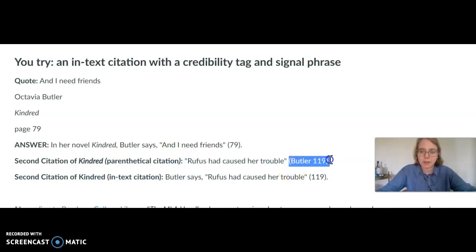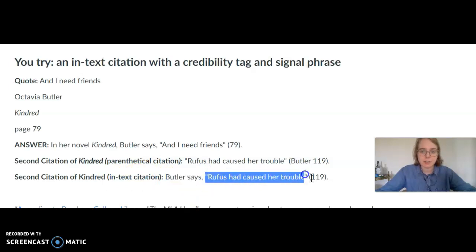And then here's my parenthetical, Butler 119, with that information at the end of the sentence. Or I can use my signal phrase in-text citation at the beginning with Butler says, Rufus had caused her trouble, 119 at the end. So the only thing to remember: signal phrase and credibility tag the first time you introduce a source,